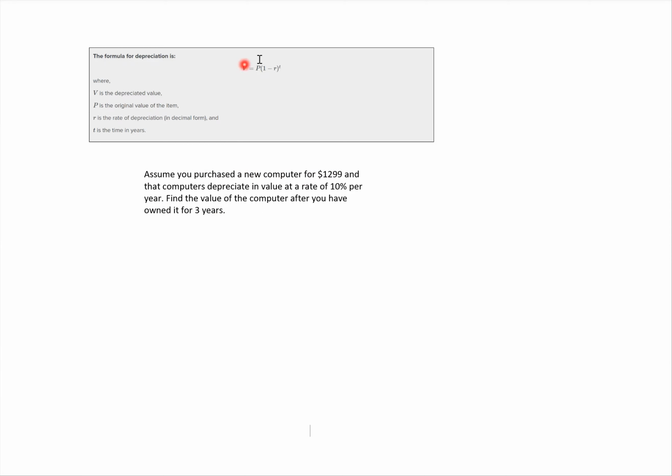So we're going to go ahead and use this formula up here, V equals P times (1 minus r) to the t power. This is the formula we are going to use for all depreciation problems. Built into the formula, there's the minus sign, which accounts for the depreciation rate that's happening here. So computers don't hold their value. They usually go down in value as new computers come out. So we're going to take this formula